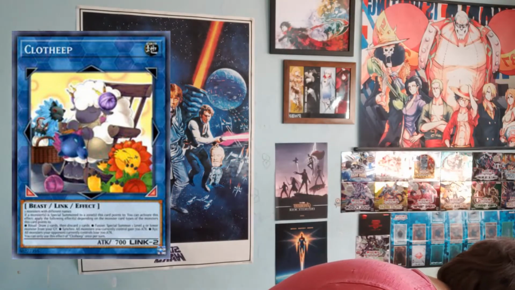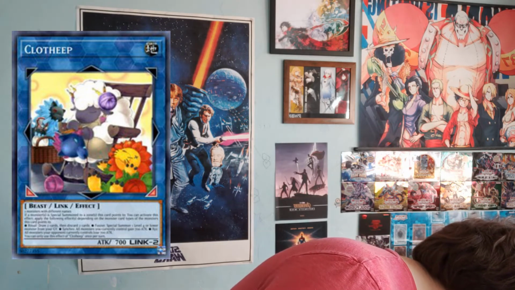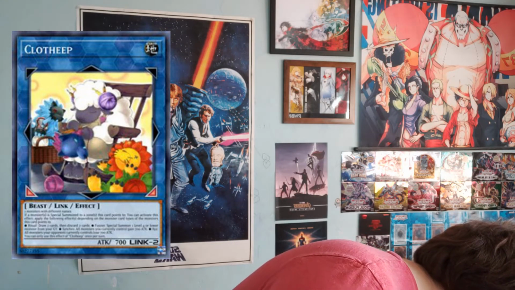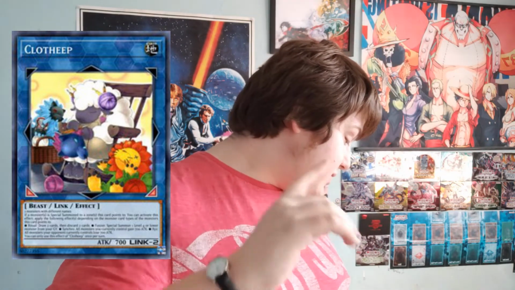So, number 2 in this set is Cross Sheep. Now, Cross Sheep is an absolutely insane Link monster. This card has an effect whenever a card is summoned to its Link zone. And because I can't remember every effect, we're just going to dip down again for a second so I can get the text up. Alright, so what this card does whenever a monster is summoned to its